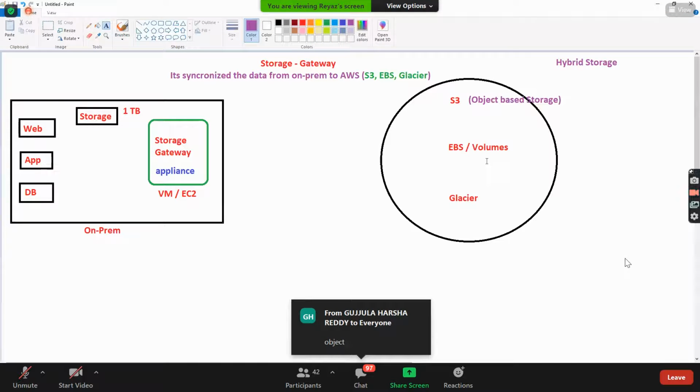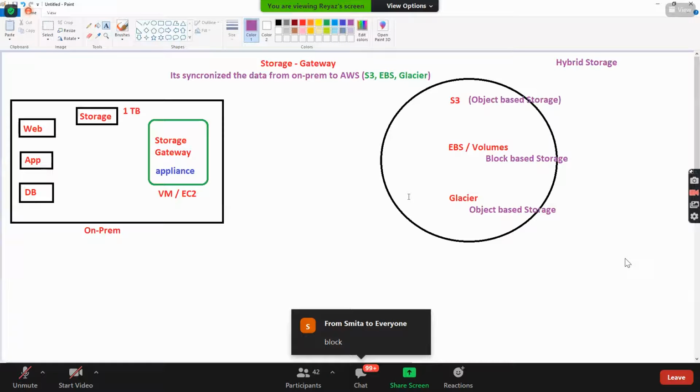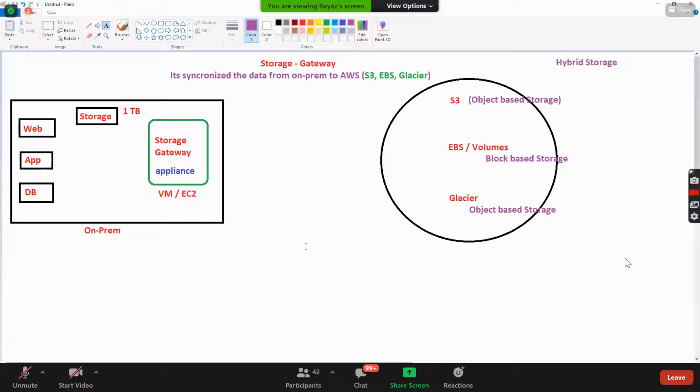EBS is block based storage, and Glacier is also object based storage. So you have a requirement to synchronize the data like objects. Which one do you choose, S3, EBS or Glacier?